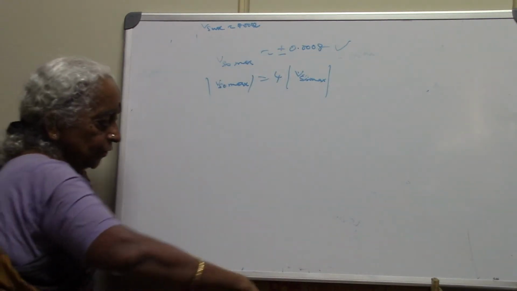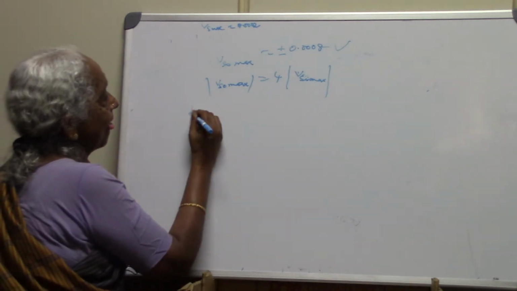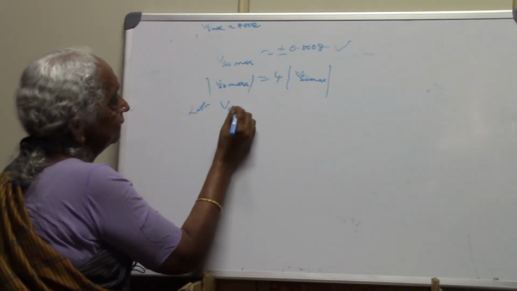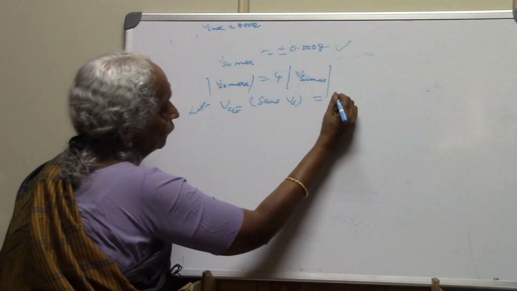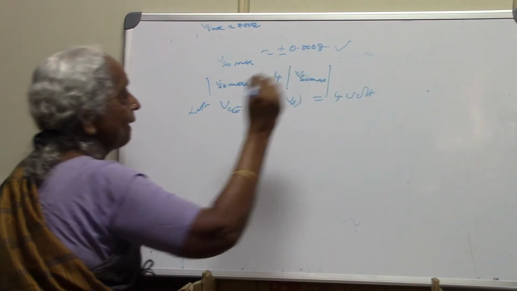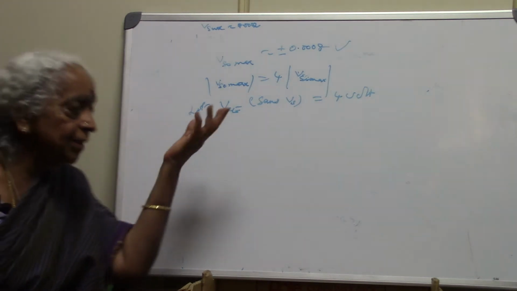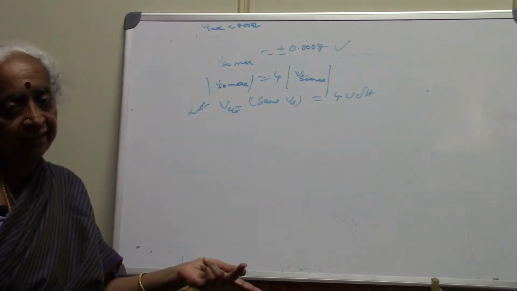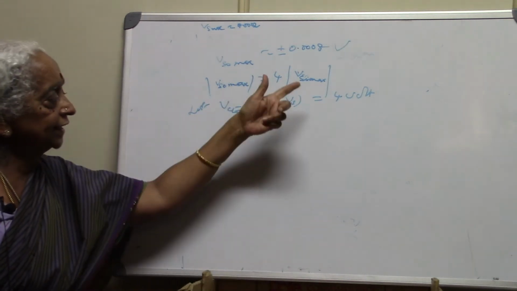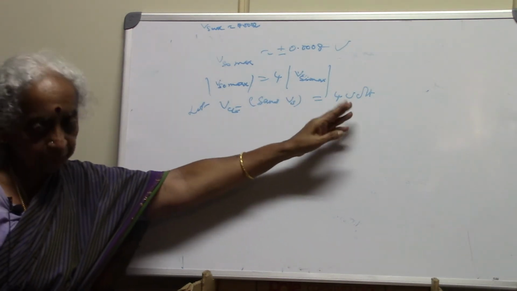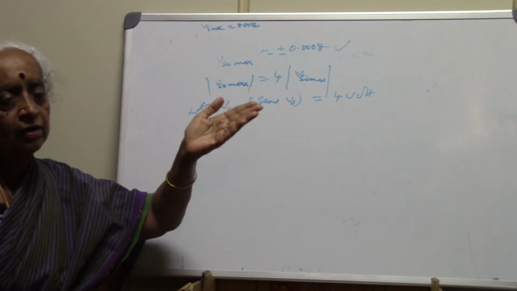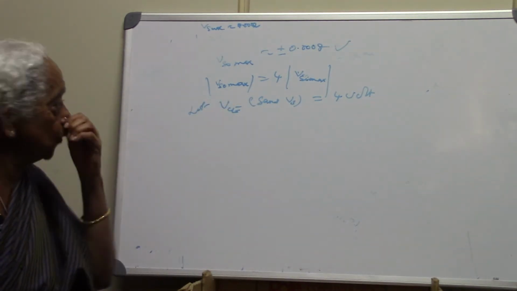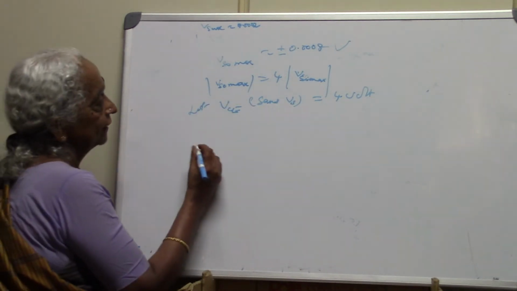VCE is the output. Let VCE without Vs be equal to 4 volt. So that would have been my VO if the signal had not been there. But thanks to the signal, it is now going to be jolted with respect to 4. It may either be pushed up above 4 or bumped to a value less than 4. How are we going to do that?